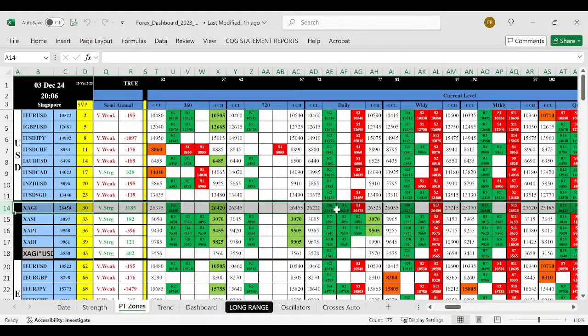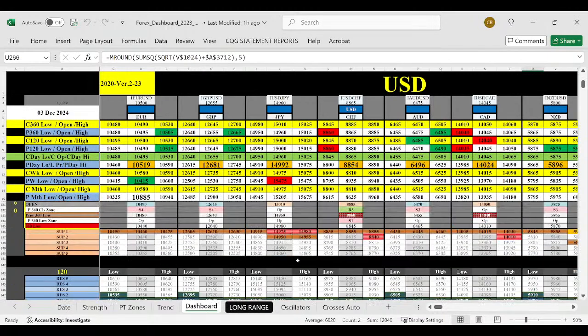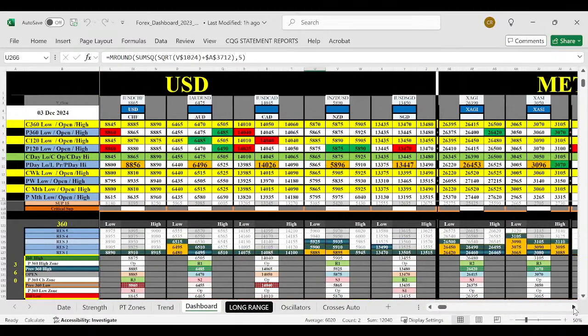That means two forces are pointing up. But on the weekly, we have a strong sell. That might give us some clue that this market is going to turn down eventually. So there are two ways which we can trade. One is a cautious buy, if we get a buy signal. Otherwise, we will go for a sell and hold. So let's go into the dashboard.